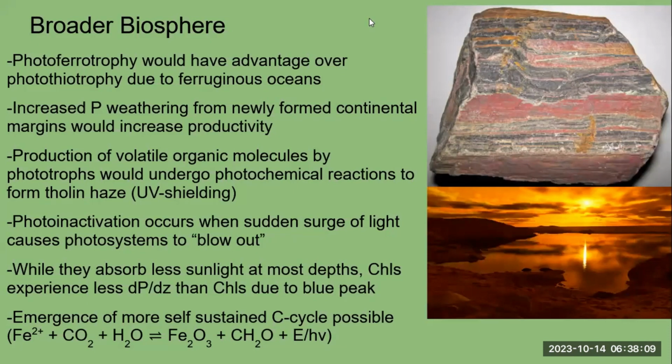So, how have these adaptations manifested themselves in the broader Mesoarchean biosphere? For one, photoferrotrophs would have had a decisive advantage over photothiotrophs because they would have a literal ocean of iron to use as an electron donor. Productivity would have been exacerbated by the ever greater weathering of phosphorus from the expanding continental margins. With iron being a more potent electron acceptor than sulfate, iron-respiring organisms would have also had an advantage over sulfate